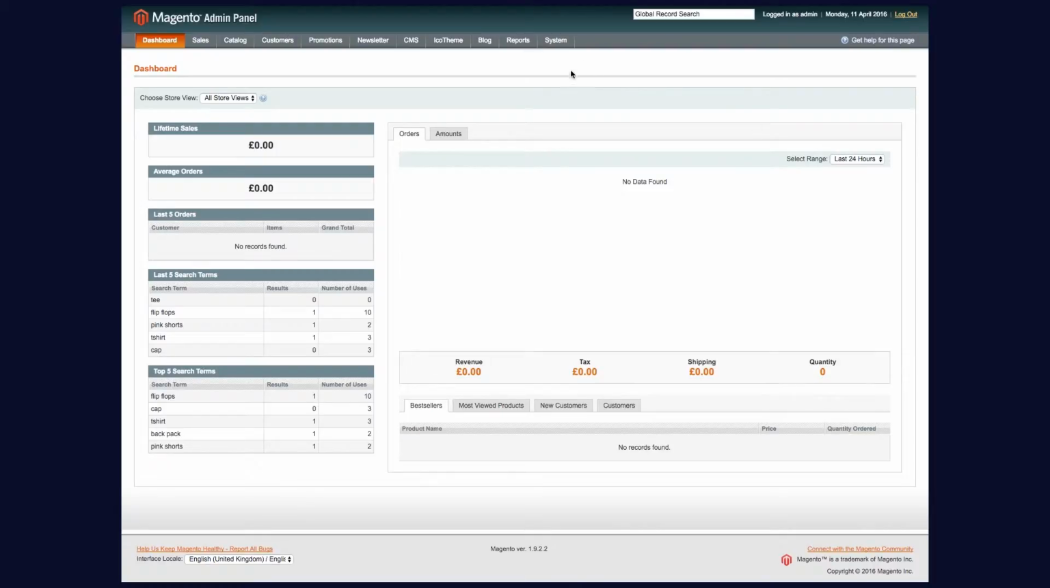So here we are in the back end of our Magento shop. We're currently looking at the dashboard view, which is the first view that you see when you log in. As you can see, there's been no sales made in this particular shop. So we need to navigate to the attributes section, which can be found in Catalog,